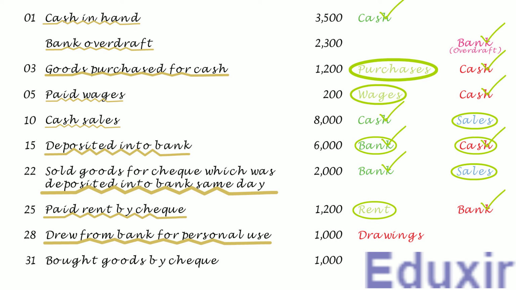At the same time, as the amount is withdrawn by the owner from the bank, the asset of the business will be decreasing. The rule to record any decrease in the asset is to credit the corresponding assets account. In this case, the bank account should be credited. In this transaction, as you can see, the bank is on the credit side.